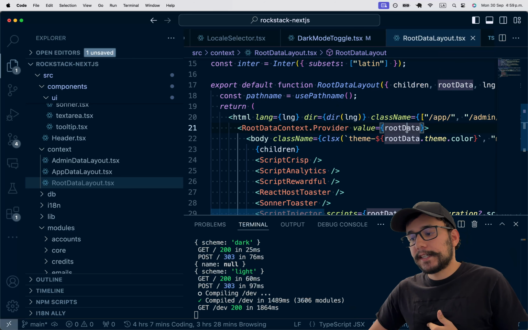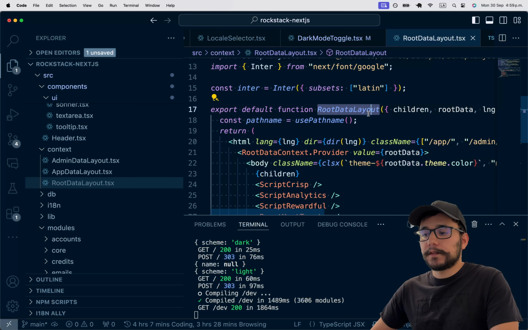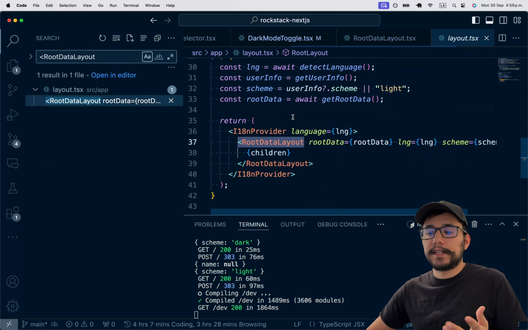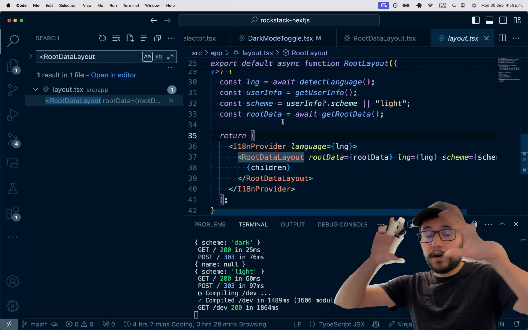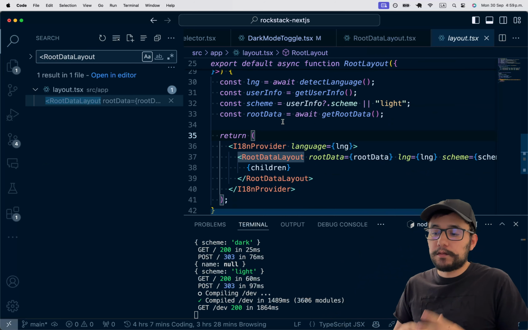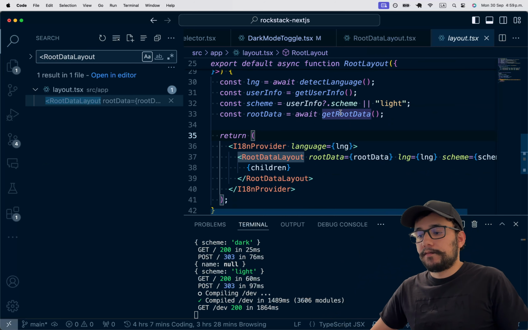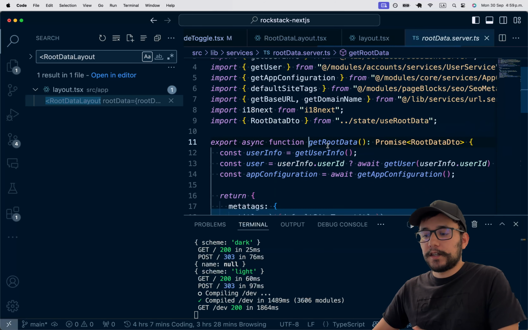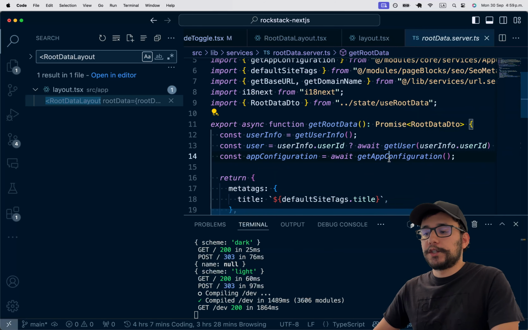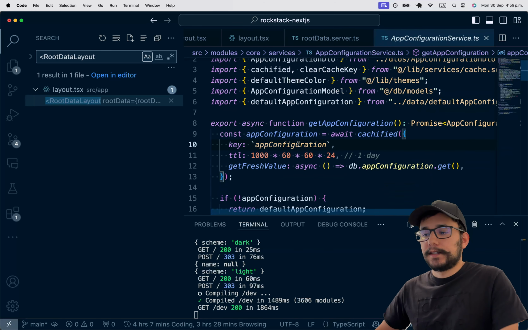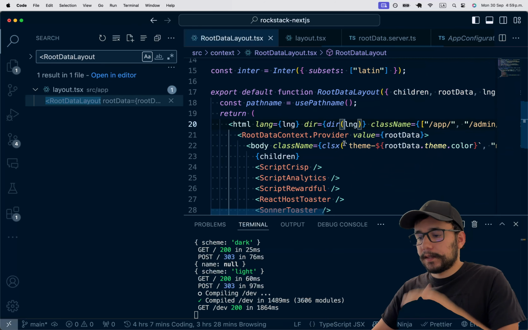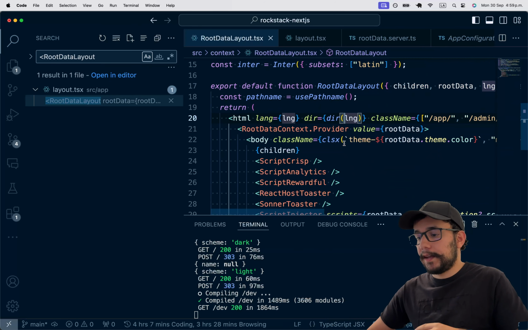And here I pass down the root data that comes from the server component that is on the layout itself, the layout of the whole application, because remember, this is the root data. And the root data needs to be as minimal as possible, of course. So this should be inside a cache. So it's no problem running on every page